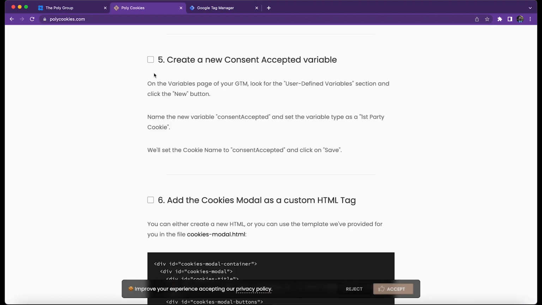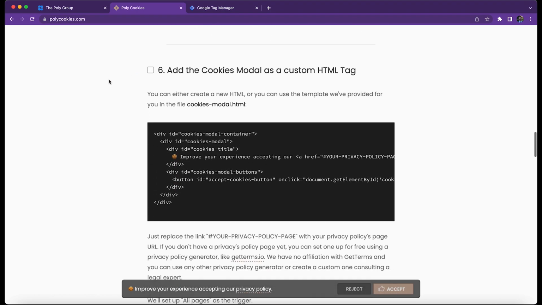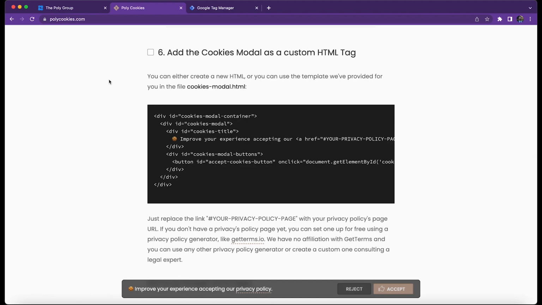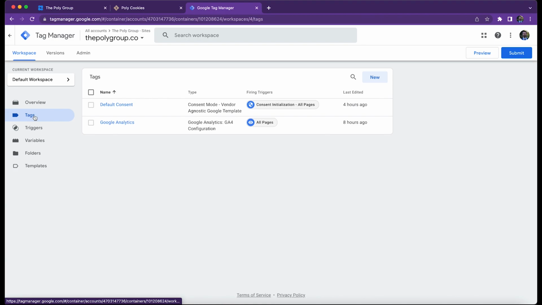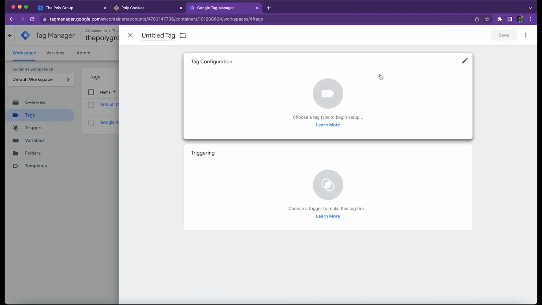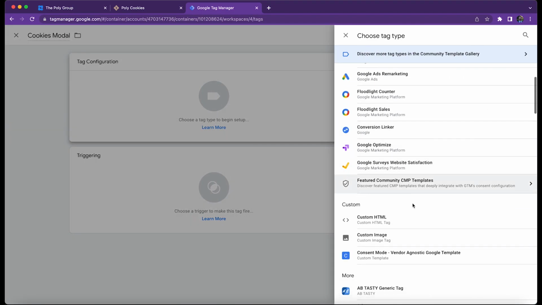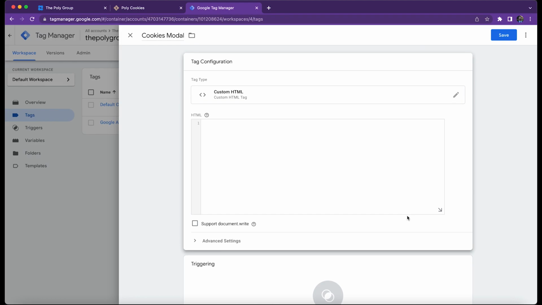So we completed item number 5 from our list, and I'm now going to move on to number 6, which is adding the HTML tag with the banner that is going to be displayed on our site. Let's create a new tag and name it cookies modal. This will be a custom HTML tag,